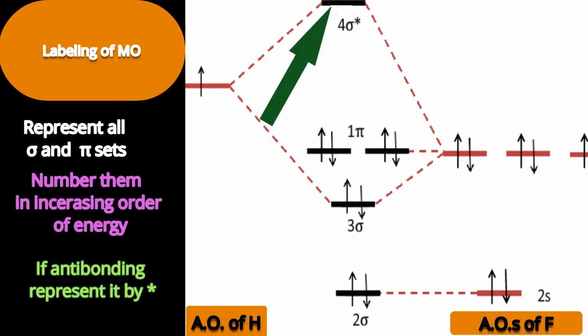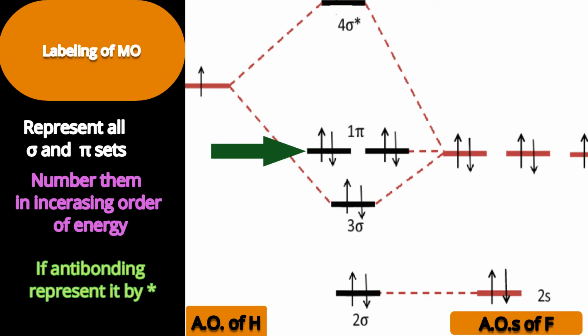Then the antibonding orbital is there, resulting from the interaction between the 1s orbital of hydrogen and one of the p orbitals of the fluorine. That is represented as 4 sigma star, 4 sigma asterisk. Are you getting how continuity is there in counting the sigma orbitals? Let it be bonding or anti-bonding. By the way, two orbitals are left. Both have the same energy. Both are part of one set. And those are non-bonding orbitals. If I consider X as the bonding axis, then those will be the Py and Pz orbitals.